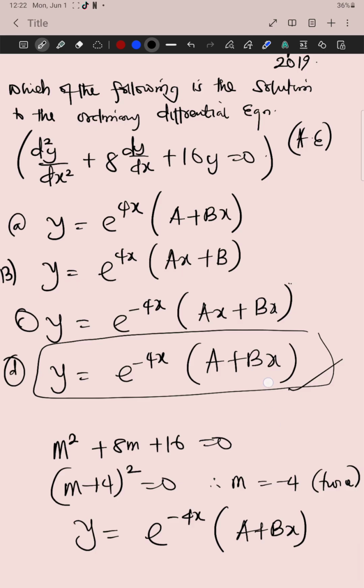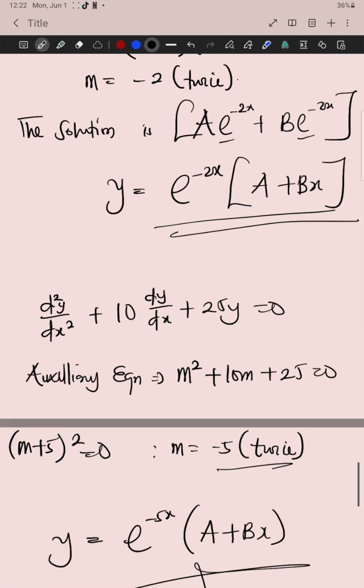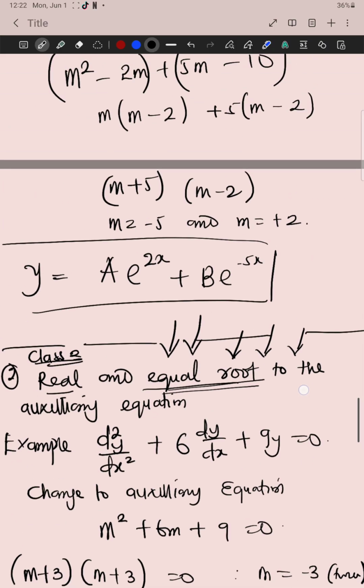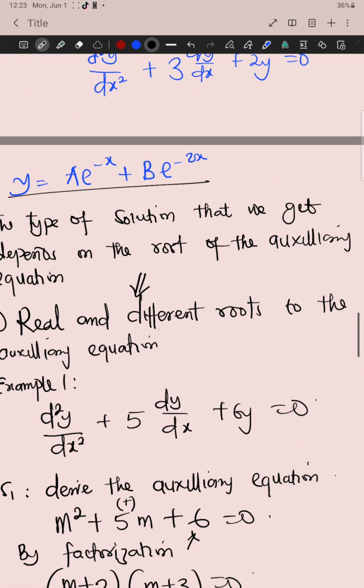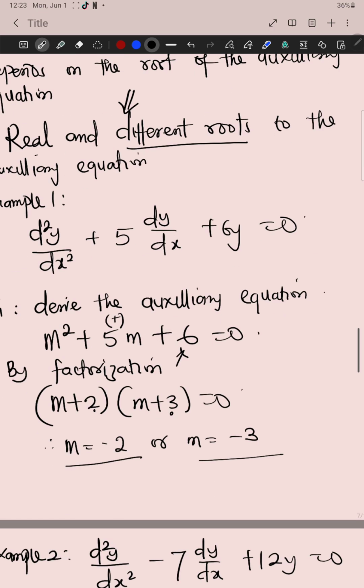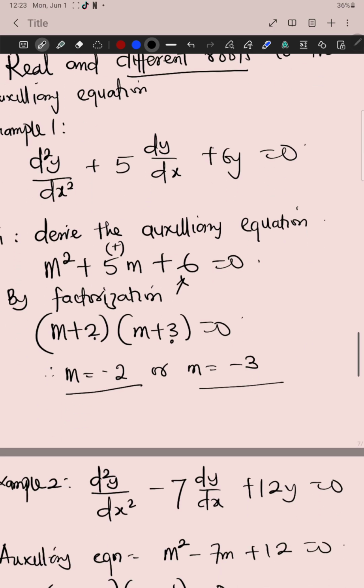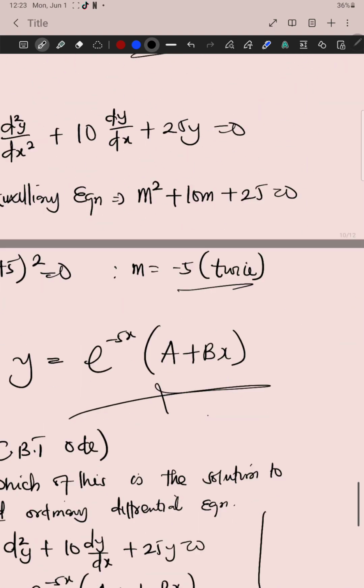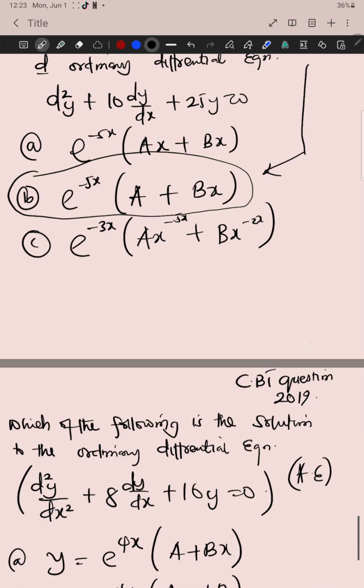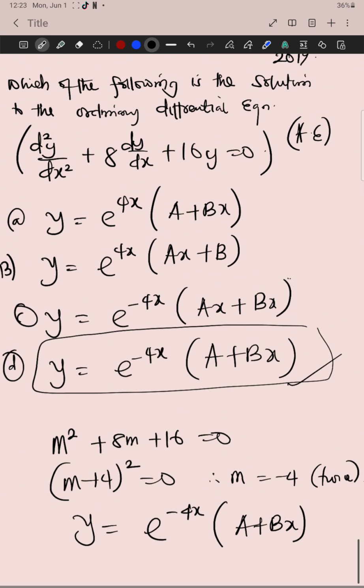Now we have treated class 1. Our class 1 is when we have real and different roots. How do you write for real and different roots? You just spell it out. You say y is equal to a e to the power of minus 5x plus b e to the power of minus 3x, and so on, when they are real but they are different. Now, when they are real but they are equal, this is how you write it. Now, class 3,